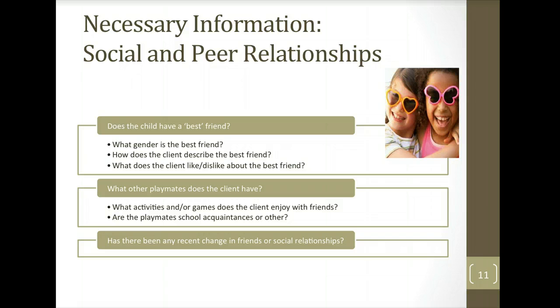As you talk with parents, family members, the client, and other adults with whom the child has a relationship, be sure to inquire about social and peer relationships. Remember to pay attention to developmental milestones as you consider where your individual client ought to be with regards to forming and maintaining social relationships. BRIMS provides some good guiding questions here.